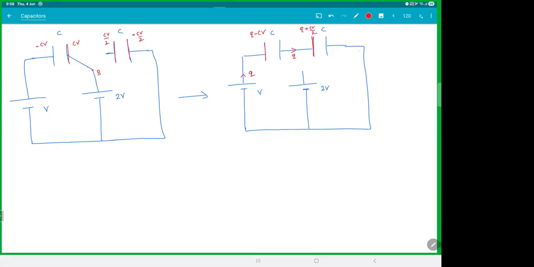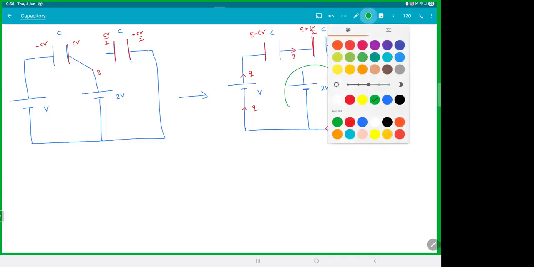This 2-volt battery will do nothing. This Q will continue to flow. The Q will come back. I hope this story you're getting. Every time Q will go, it will keep on distributing and will come back. Apply the Kirchhoff's loop law. So if I apply the Kirchhoff's loop law here,